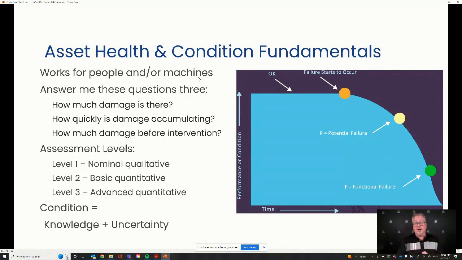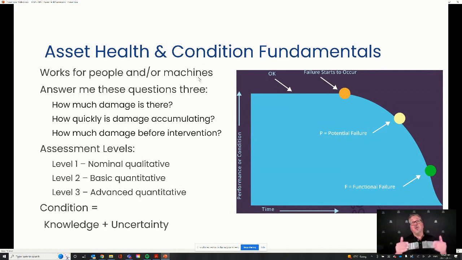So you can see I've got a PF curve on the right-hand side. So, I think the conversation really gets interesting if you start talking about which side of P you are on, right? And if you're on the right side of P and it's declining, it's not a matter of if it's going to fail, it's when it's going to fail. So you better get planning. But if you answer those questions, and as a leader, those are what I want my practitioners to give me in terms of health and condition assessments, you're in a much better state of knowledge to make good decisions.